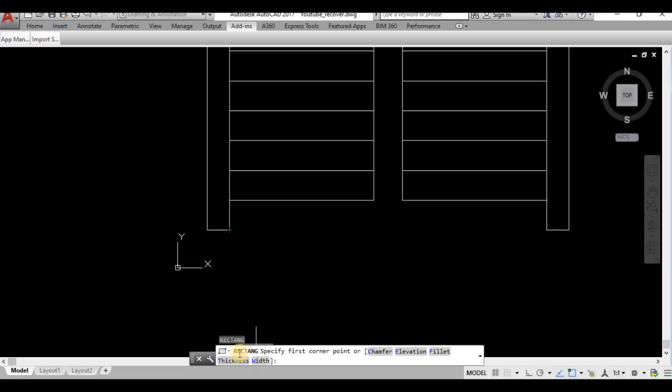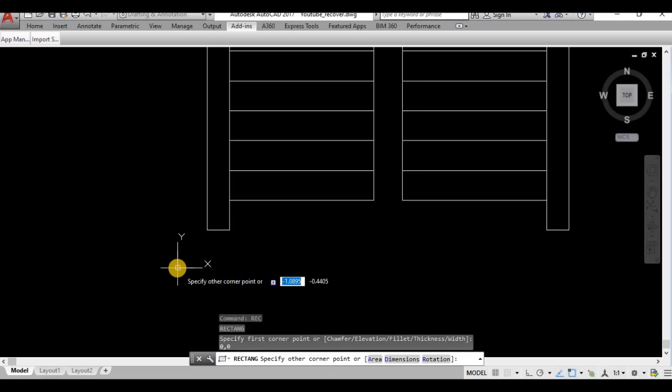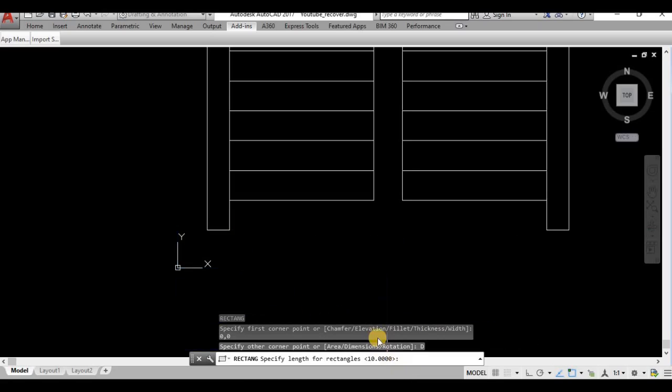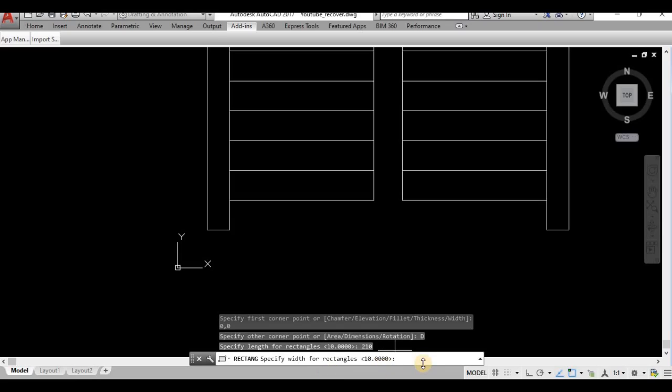I have given the command REC, and here I shall choose the first point as 0,0, or you can choose the bottom of the diagram. I have chosen 0,0, and the dimensions I am giving are 210 for the length and 297 for the width.